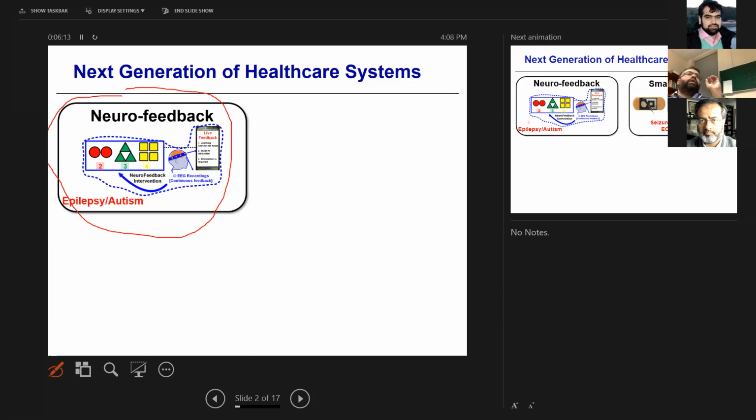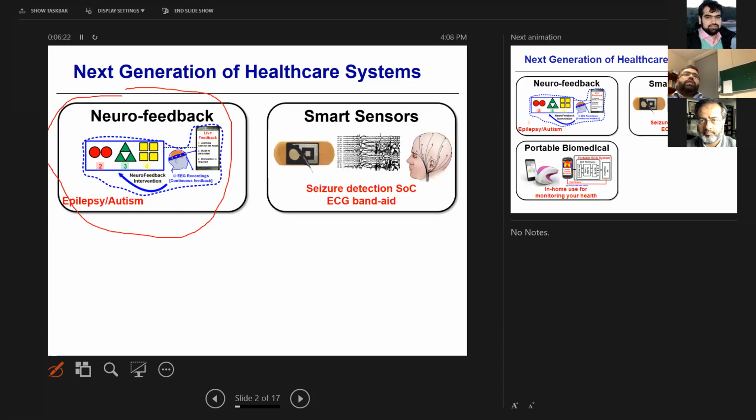I'm again not going into the details of how we are doing it, how the circuits work, how the electronics is running, but I'm talking about the abstract idea, what our goal is. The second thing is that when we want to develop such systems, we want systems that we can wear. If we want to wear such systems, they should be very small in size. The same terminology we use for smart lockdown, we also use for smart sensors. Those sensors should be smart enough that the person can wear them for a longer duration.